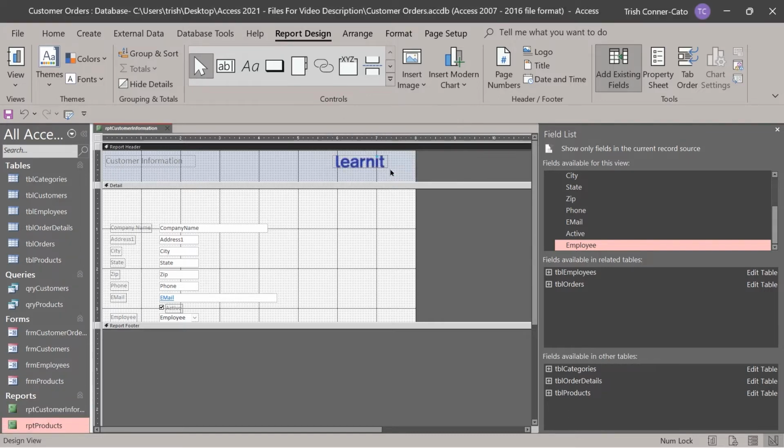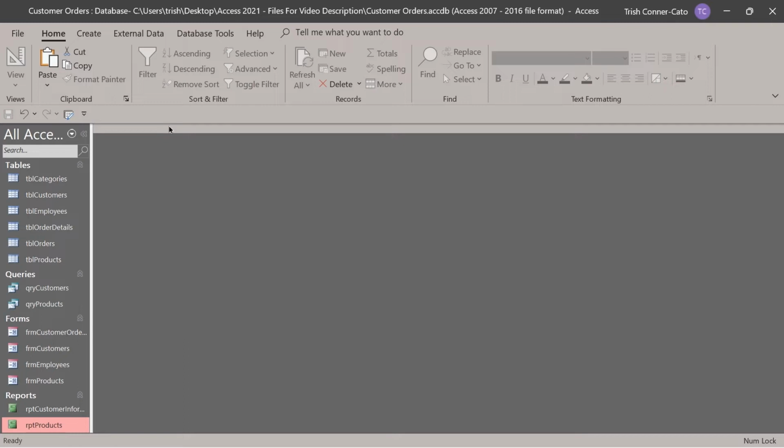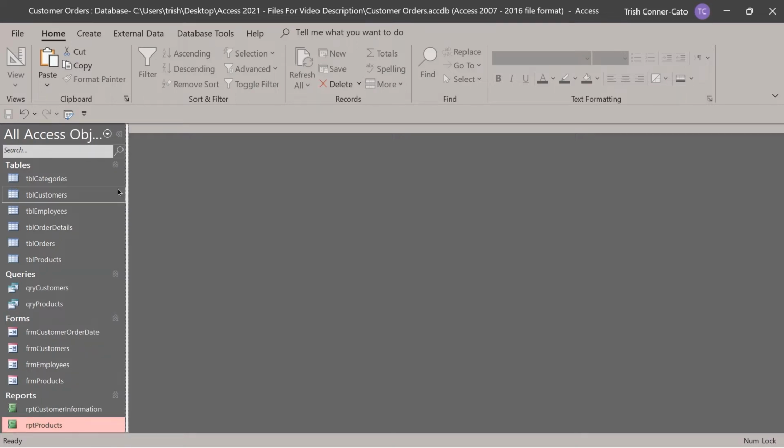And click OK. And then we can go ahead and close it. And we'll be covering some advanced report design techniques when we get to Module 4. Before I complete this module, now that we have the 4 main database objects showing in our navigation pane, I